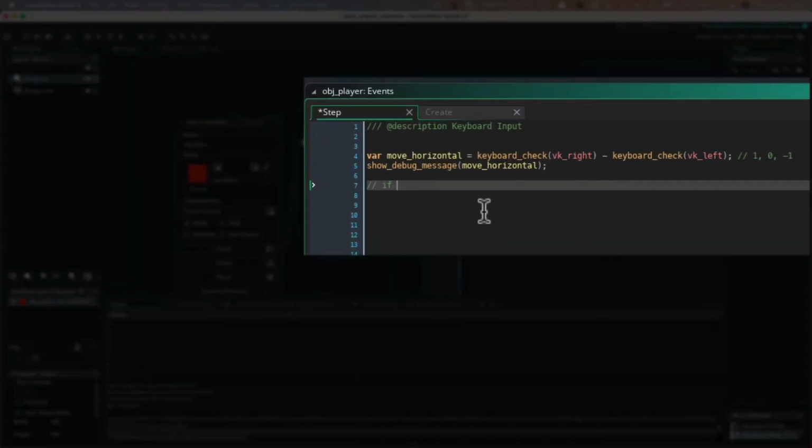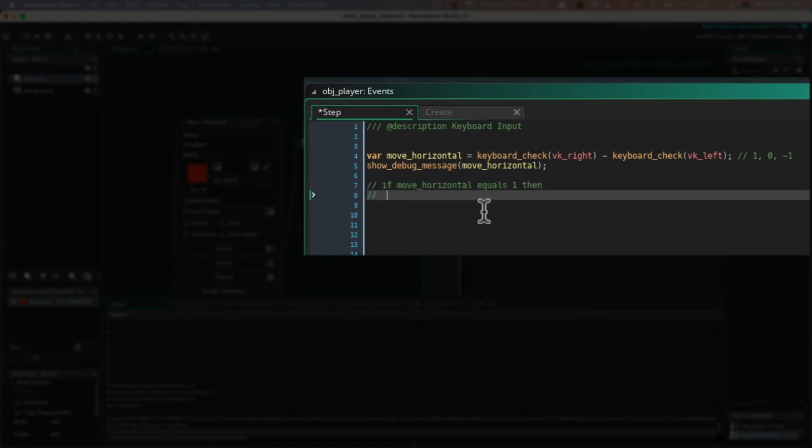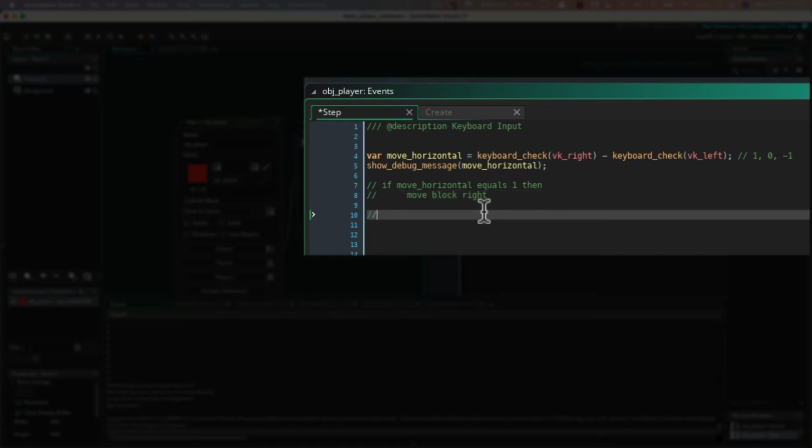So I'm going to put in if move horizontal equals 1, then let's put it underneath here, then move block right. And we put